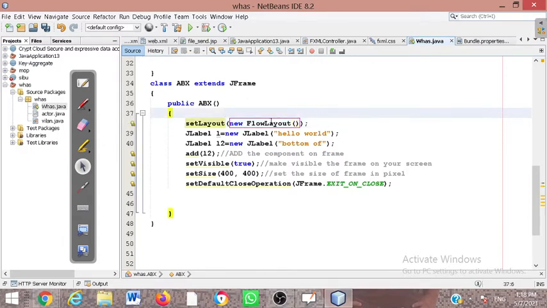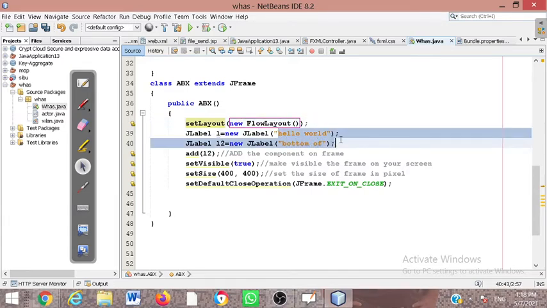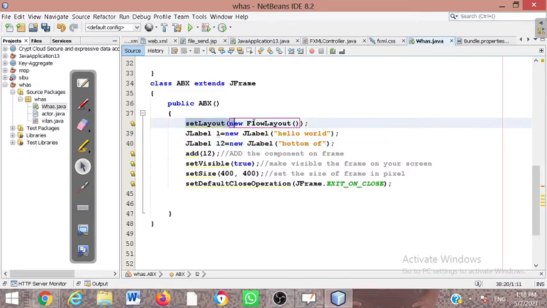This FlowLayout is responsible for showing your components in the middle space of your screen. So first I have to set the layout using the method, and I will create the anonymous object inside that, and then we will see all this in the middle space. Just wait. Now I am going to run this code so we can understand. Okay, sorry for that, there is some mismatch going on.